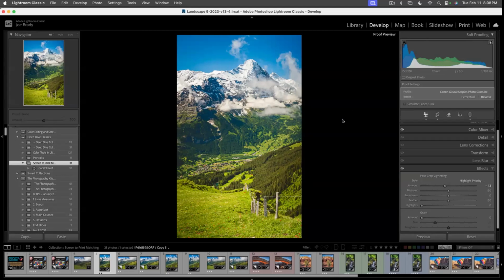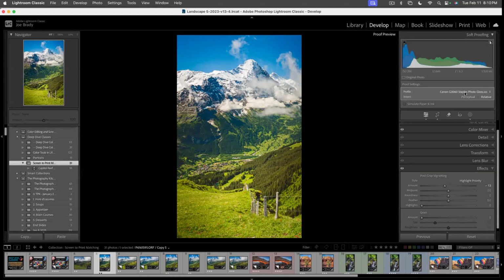If you think about it, remember we were talking about perceptual is good if you have a lot of color out of gamut, where relative is better, more accurate, if you don't. Remember when I showed you all of that red down in the green that couldn't be printed? When I used the dropper to select that green and bring its brightness and saturation down a little bit, I got rid of almost all of the color that was out of gamut for that printer and paper. So that made relative a better choice. We'll go to something a little bit brighter, a little more saturated, and see the answer to that. Okay, onward. So actually, Paul, it was a good lead in